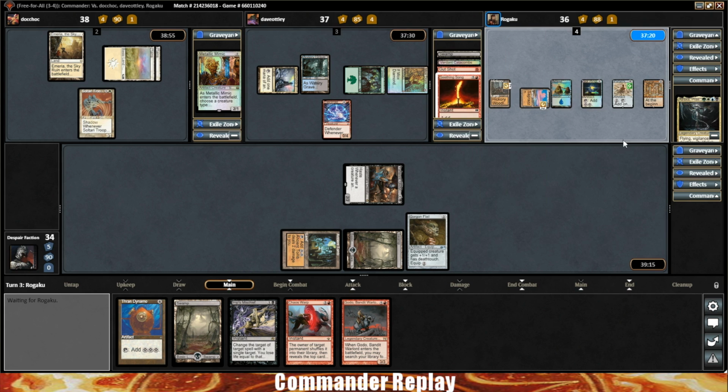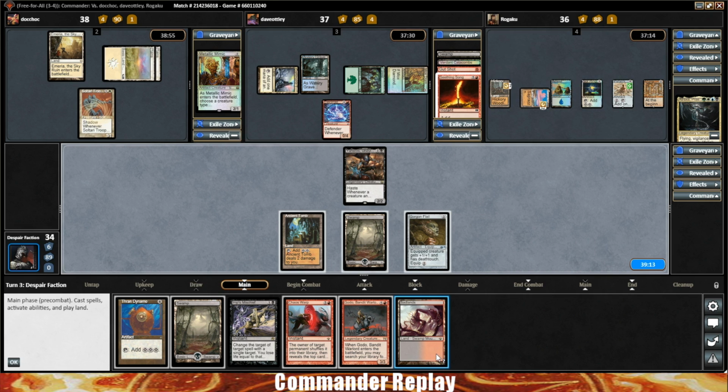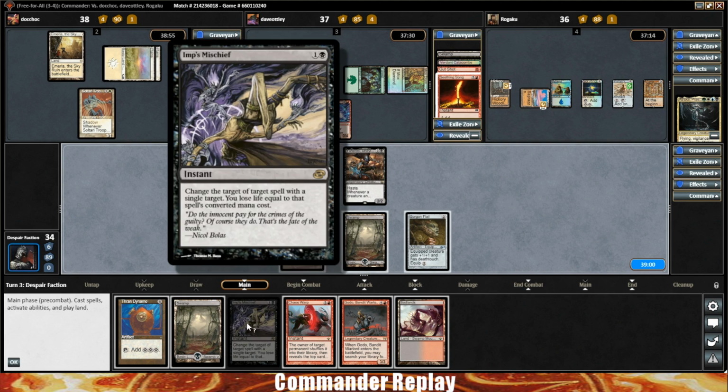Soul Ring and Mana Crypt. Lots of good mana acceleration right there. Badlands, nice. There's the red mana that we need. So what are we going to do with that red mana is the question. I think I want to...